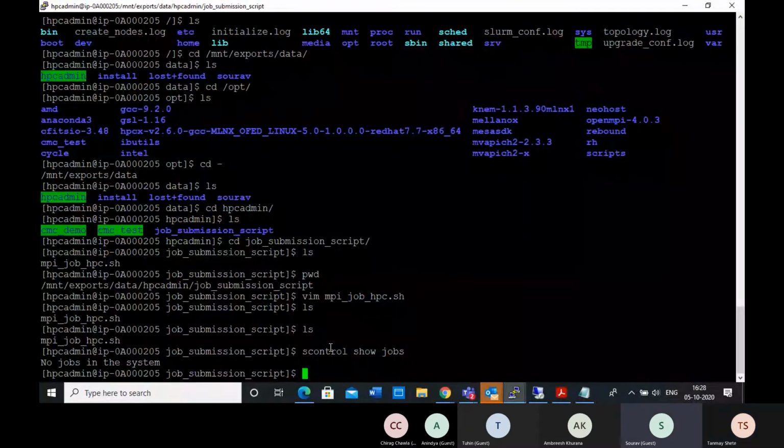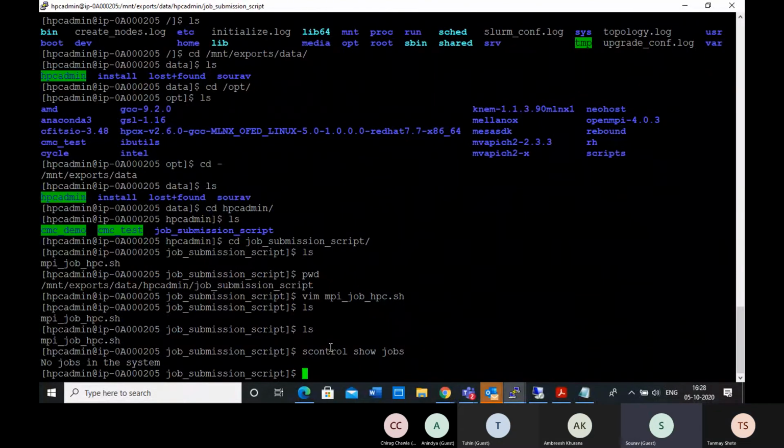This scontrol command, does it list only the user's jobs or all the jobs in the partition or on the account? I think it will show only the jobs associated with the user, and to see all the jobs an extra permission is required, I think.